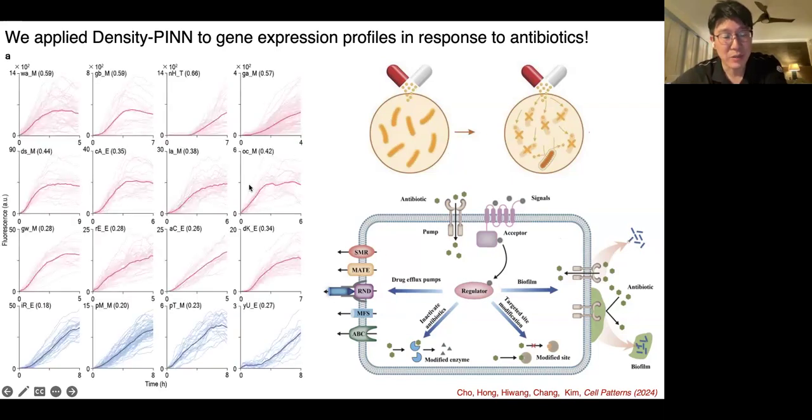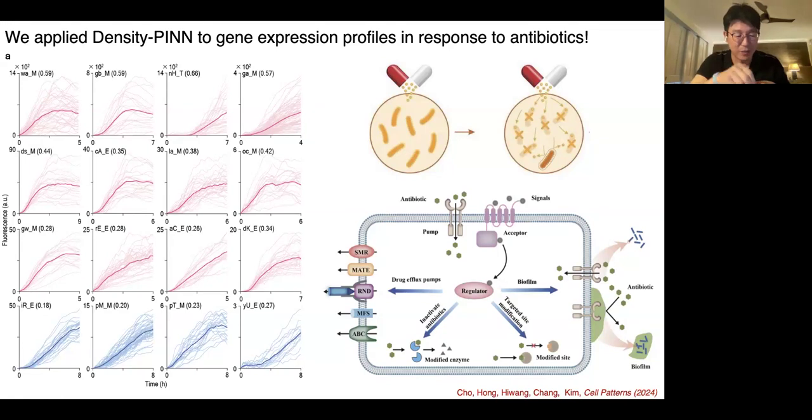And you can see that here are about 16 types of genes which are expressed by the antibiotics. All these 16 are different types of genes. And you can see that there are many trajectories, because what we measured is after giving antibiotic to a single plate, and there are about 50 bacteria in this single plate which have the same genome.